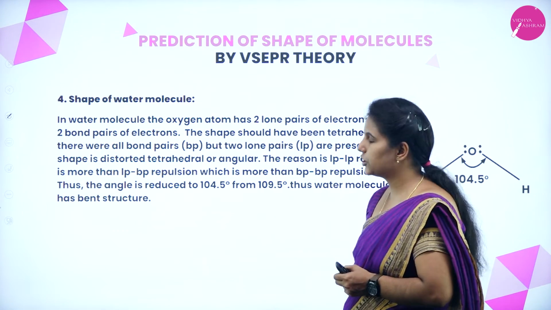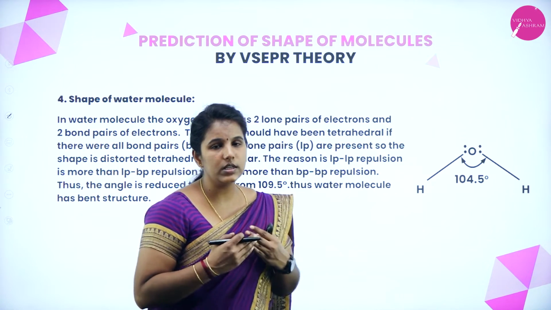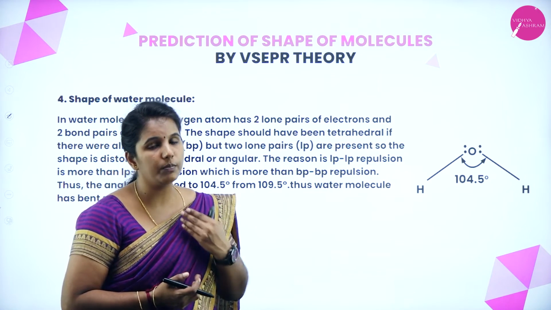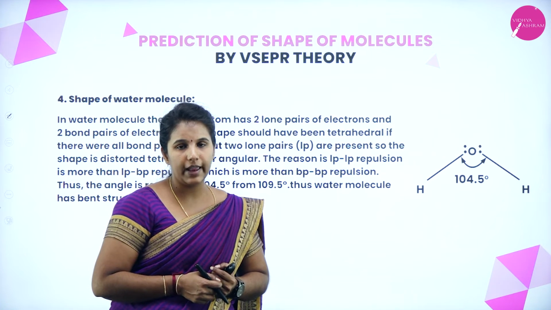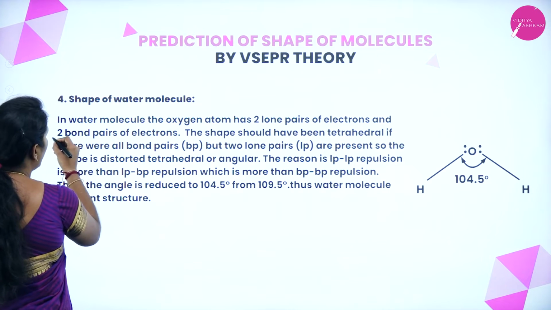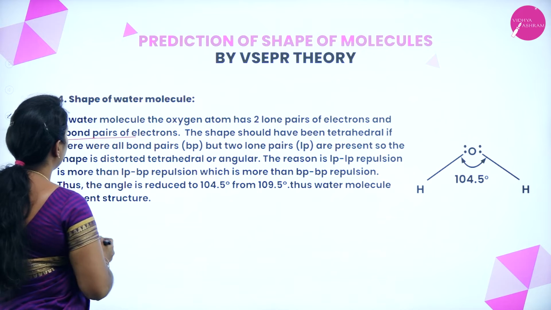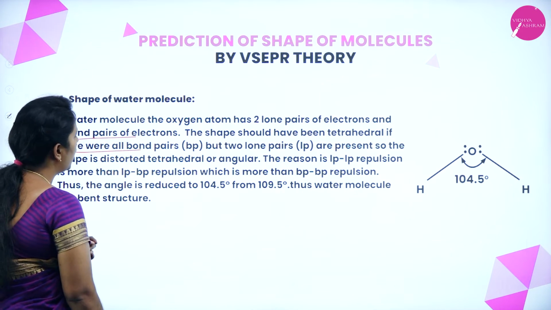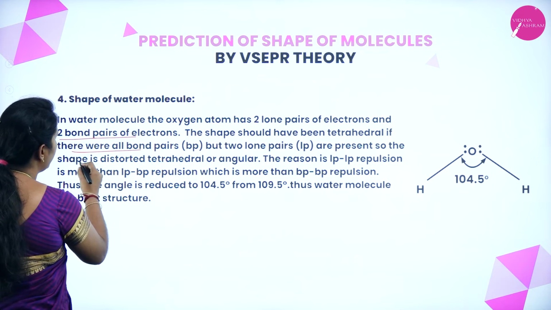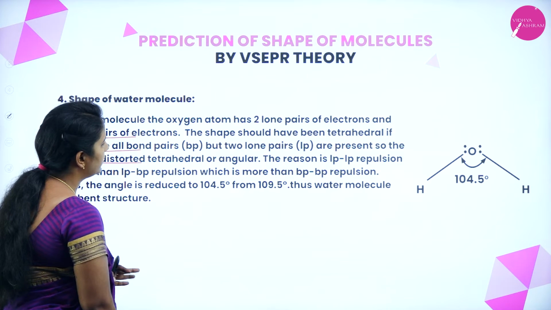Now let us see the shape of the water molecule. We know that oxygen is the central atom. Oxygen carries how many lone pairs of electrons? 2 lone pairs of electrons. In the water molecule, oxygen has 2 lone pairs and 2 bond pairs of electrons. The shape would be tetrahedral if all were bond pairs, but because the 2 lone pairs are present, the shape is distorted